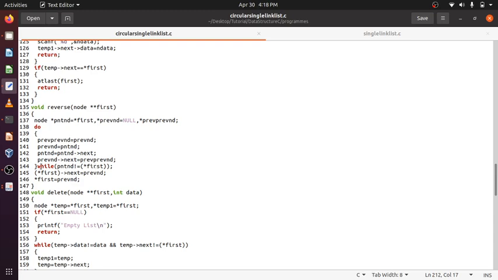Okay, after that the second iteration, because it is not equal to first, it has 5 nodes, assume it. So previous to previous node is now the first node. It is no longer null. Previously it was null, now it is the first node. Previous node is the second node, because present node contains the second node, and present node now becomes the third node. Then previous node next became, means the second node's next became the first node. After that, present node not equal to null, it will go up.